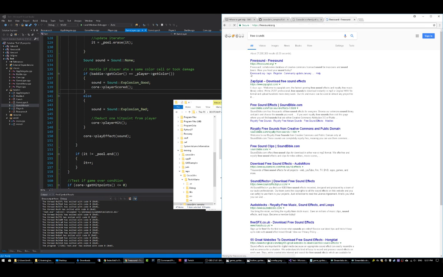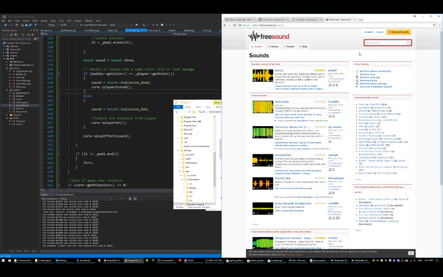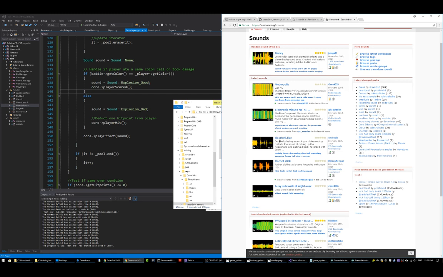freesound.org. It's pretty cool because if I go to sounds, you can actually search by tag. So the uploaders have tagged their sounds. This guy said it's kick, vox, snare, synth, and so on. This guy's got a doorbell. So if your game needed a doorbell to ring, you could go to freesound.org and look